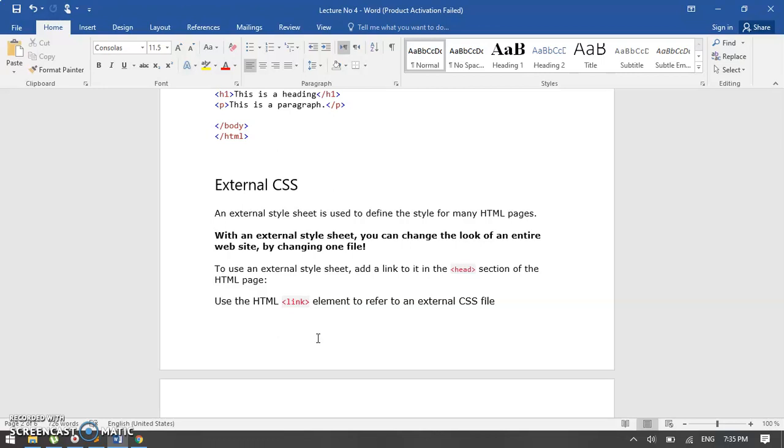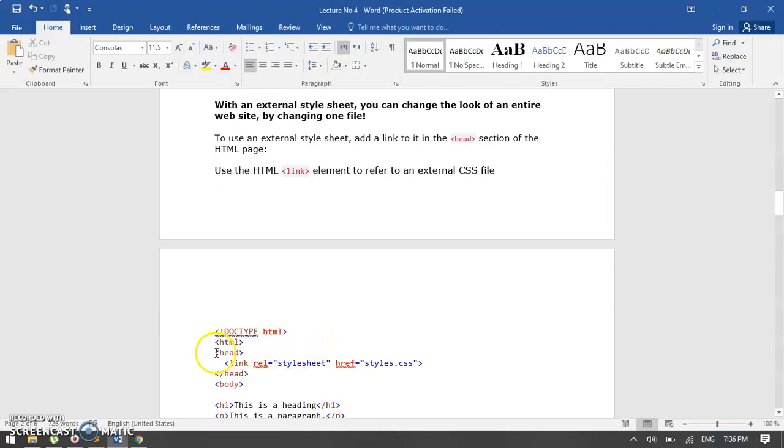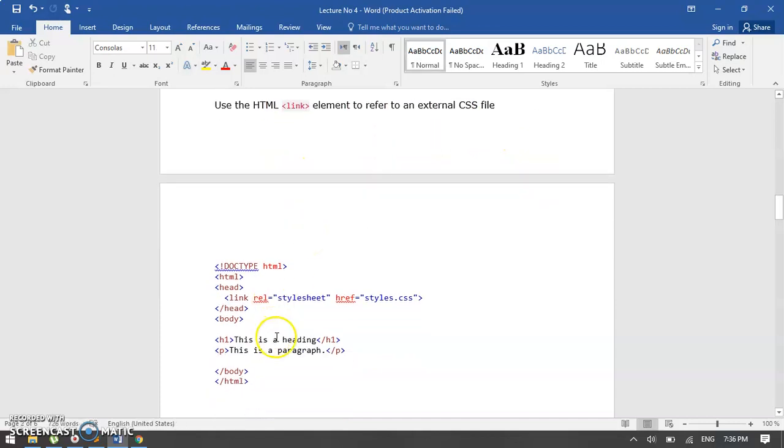With an external sheet, we can change the look of an entire website just by changing that CSS file and not the HTML file. To use that external sheet, we have to add an external link into this head. We're going to add this link with the link tag, and we're going to give it some values, like this is a